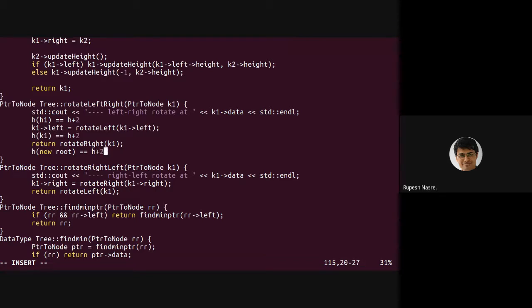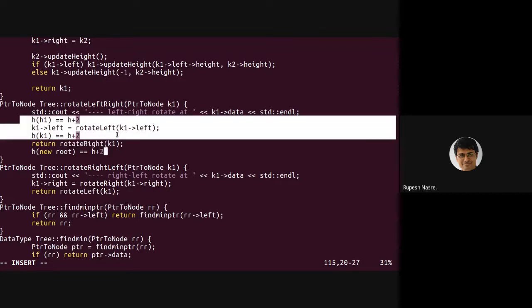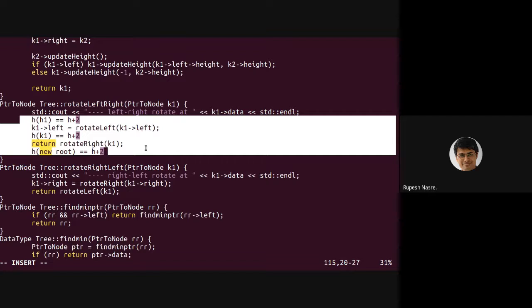This part we can prove, because rotate left we just saw, rotate right we just saw, it maintains the height. Similarly, we can prove that for rotate left, and therefore the height of this subtree does not change after the double rotation also, and therefore it does not result in a further update in the parents or the ancestors.